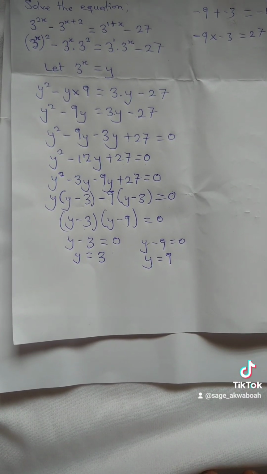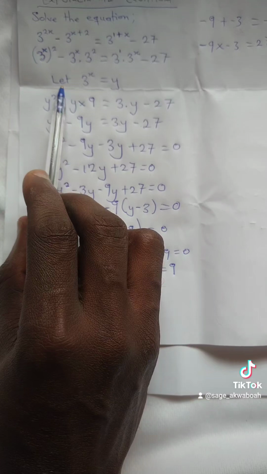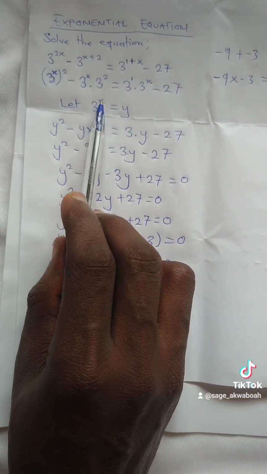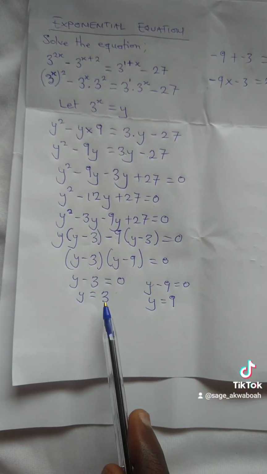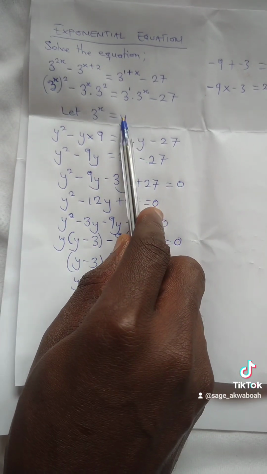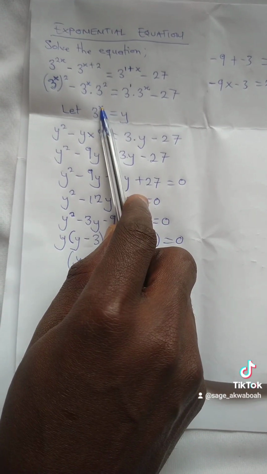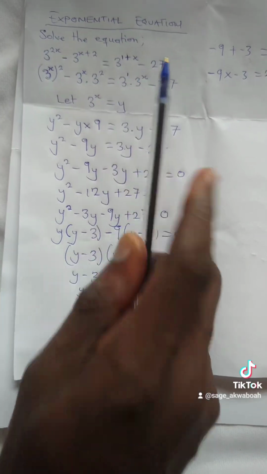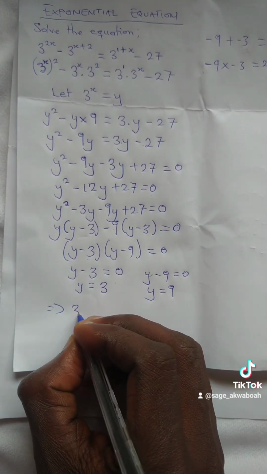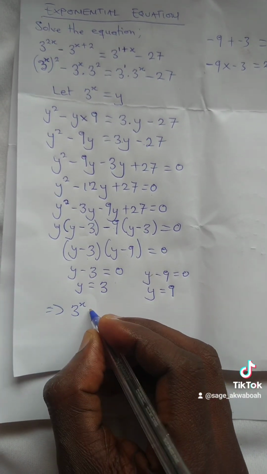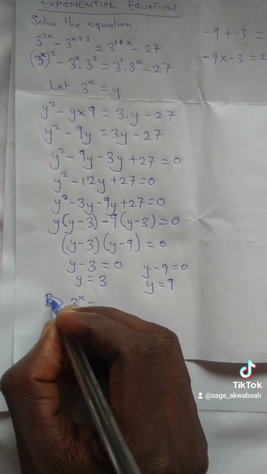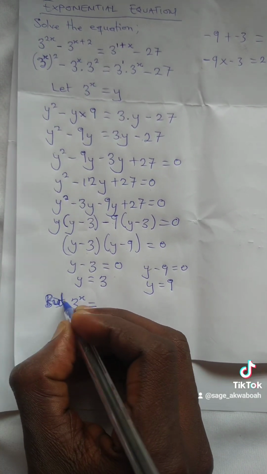Now, let's not forget that at this point we wrote something here. Let 3 exponent x be equal to y. Now we know the values of y. So we pick the first value of y and fix it here. And then we go ahead and solve for the original variable x. So it implies that 3 to the power x is equal to,